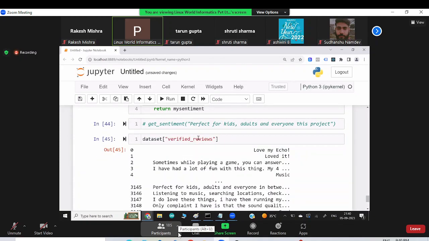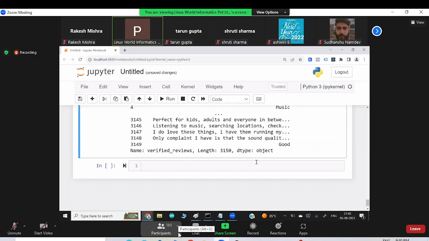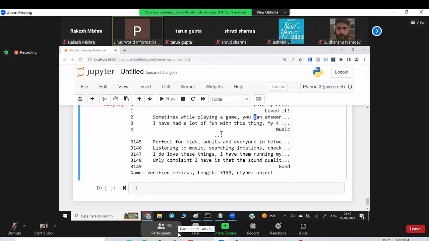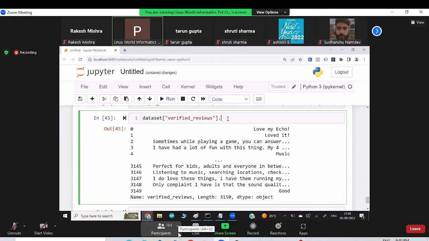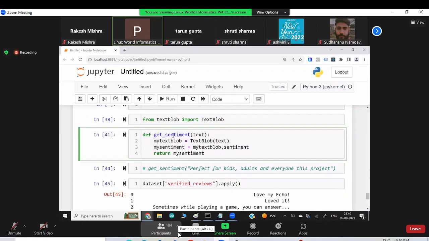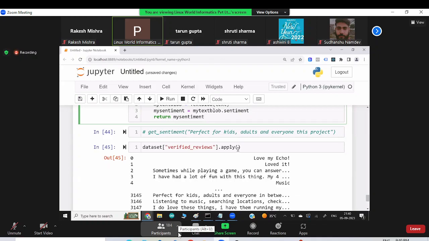Now I want to find the sentiment of this one, this also, this also, and all the 1001. So now we can do it very, very quickly. How? Because there's pandas, and in pandas we can use the apply function. With the apply function, we can call a function we already created. The name of the function is this one. And here you only give the function name, either created by you or somebody else created for you.